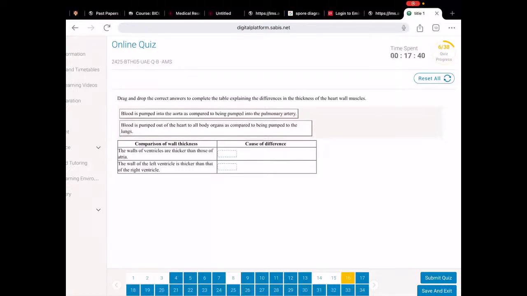Okay, drag and drop the correct answers. We're talking about the thickness of the heart wall muscles, okay? So of course, what did we say? We said the left side pumps blood into our entire body. So of course, the left side of our heart is going to have more muscle. So the walls of the ventricles